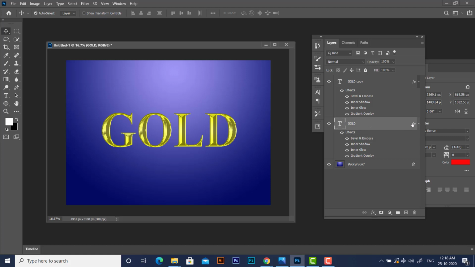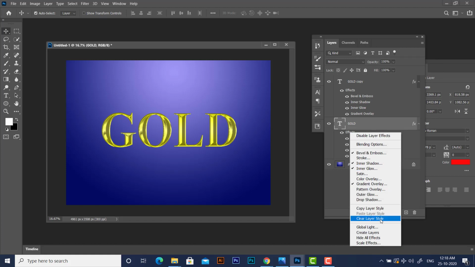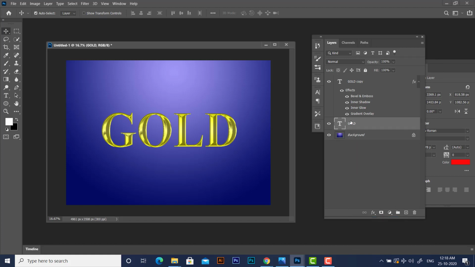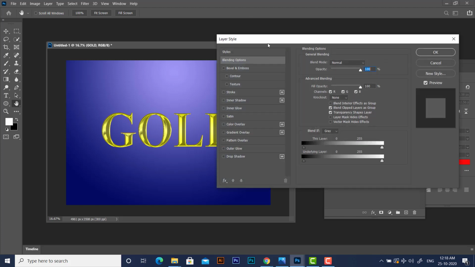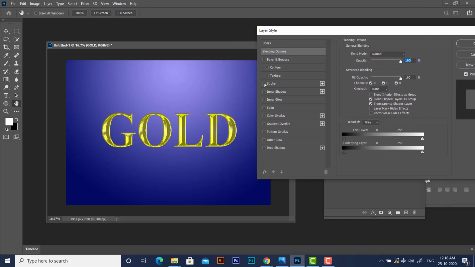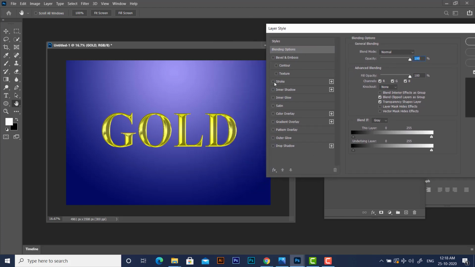So what you can do is simply clear layer styles. For the bottom layer I have just cleared the layer style. Just double click on it, and for this one we are going to apply only stroke.